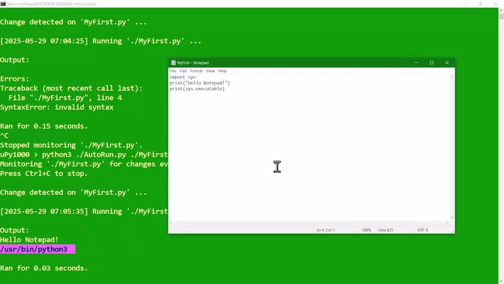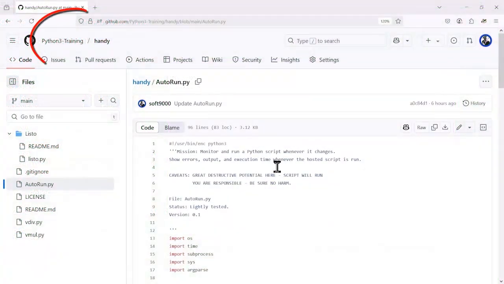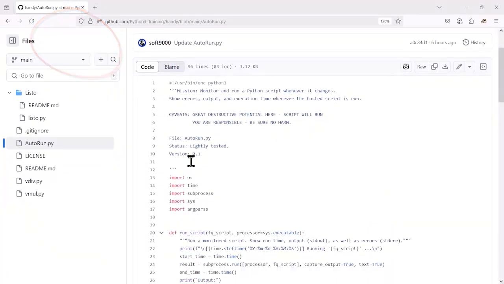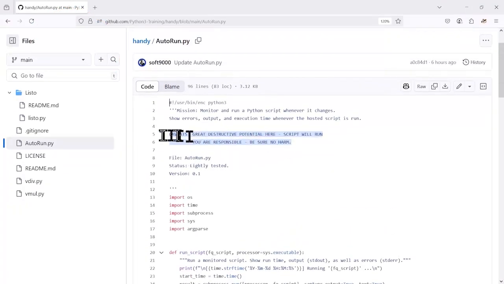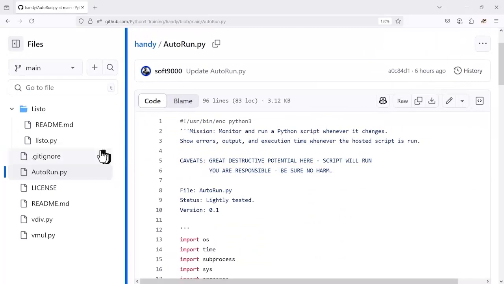Another useful tool that you might need to use, whether it's for simply running different Python interpreters or automatically running scripts whenever the date and times change, my intention was simply to share this project up on GitHub in my handy set of Python 3 training activities, which give us the usual disclaimers that effectively say, with great power comes